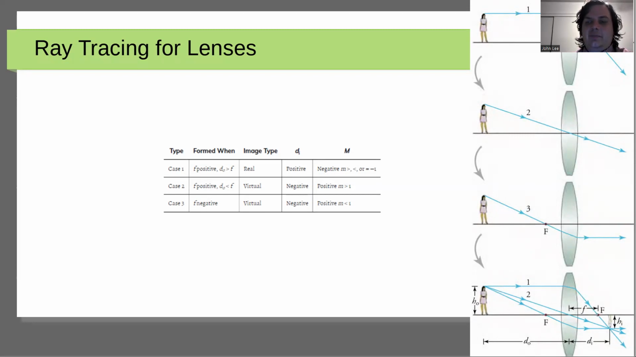And from overlapping these 3 rays, you'll see that they all converge on a point, which is a distance di away from the lens. So this is very basic ray tracing, but they all converge on that point and then start moving away from that point. So what it looks like is that they started out at that point and then